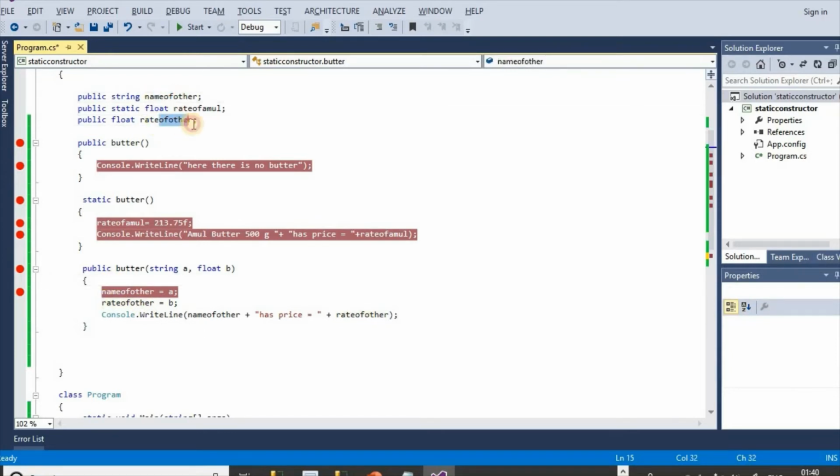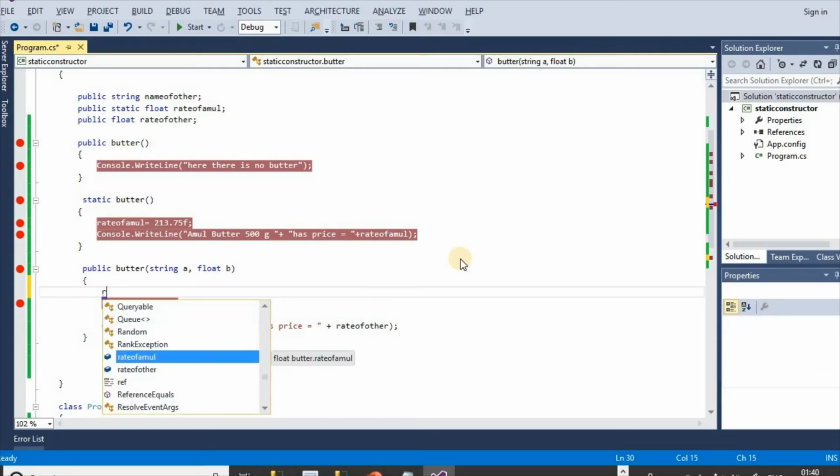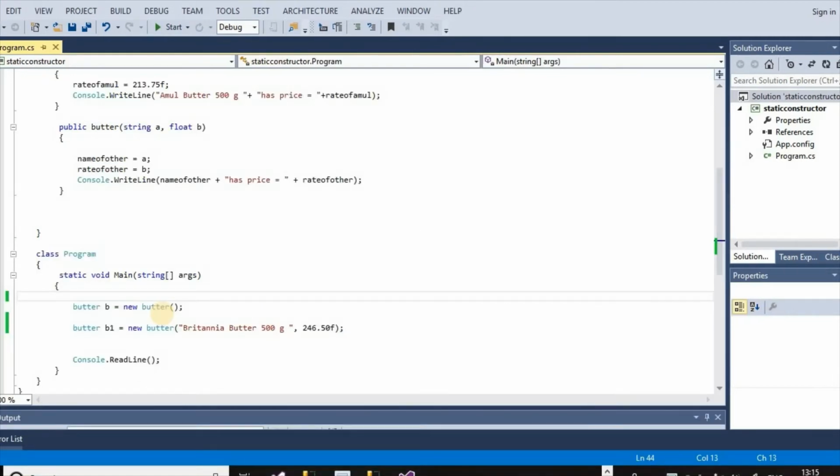These are both non-static variables, but we can see here that we can even take rate of Amul. This is a static variable. We can take a static variable also.